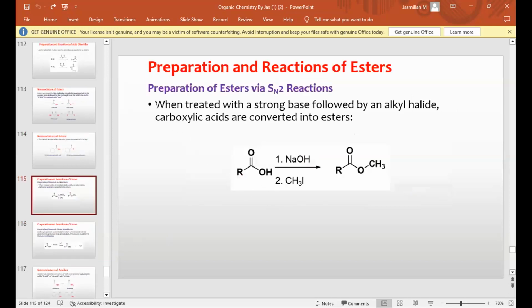Preparation of esters. Preparation of esters can be done through SN2 reactions, when a carboxylic acid is reacted with a strong base,